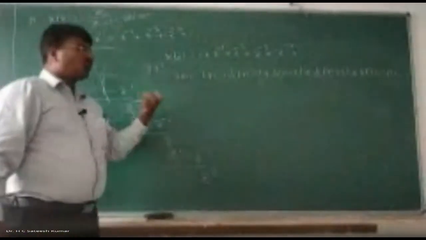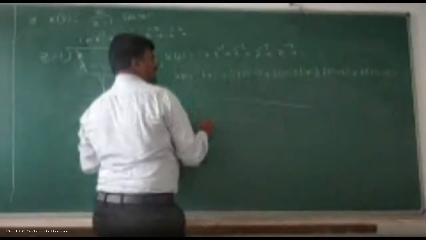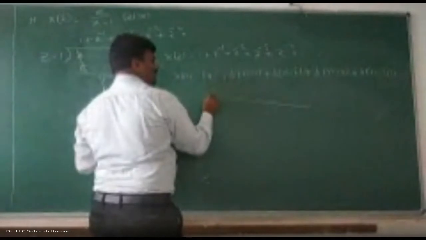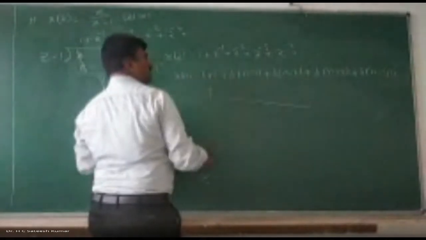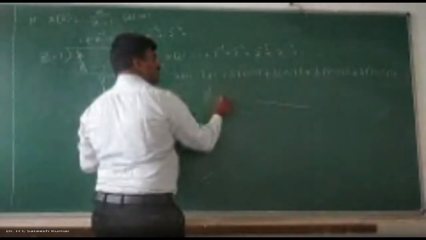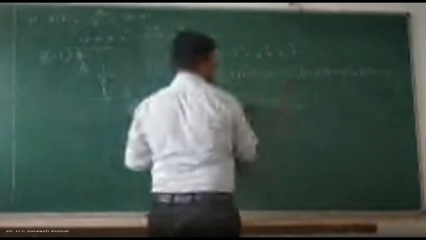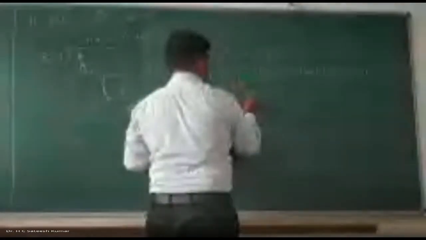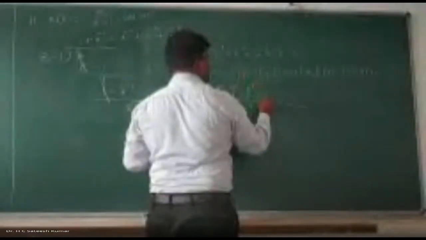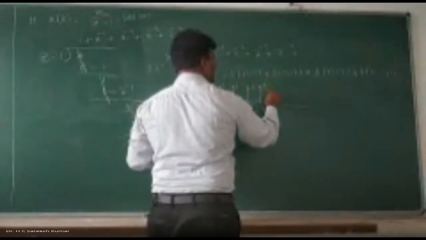Okay. If you want to write the closed form expression, what is this closed form? Sketch it and you can get it back. What is this one? Delta of n means what? At 0 its value is 1. Delta of n minus 1 means what? At 1 its value is 1. What is this? Delta of n minus 2. At 2 its value is 1. Next at 3 its value is 1. And at 4 its value is 1. Like that we are going on.